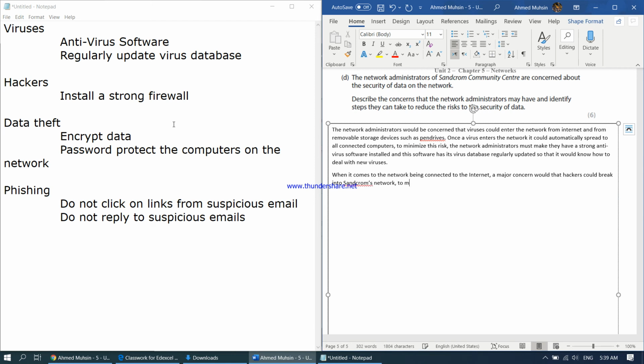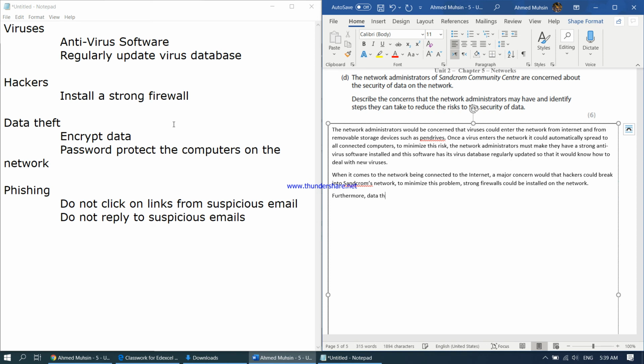To minimize this problem, strong firewalls could be installed on the network. Okay, you can also go on to say furthermore,